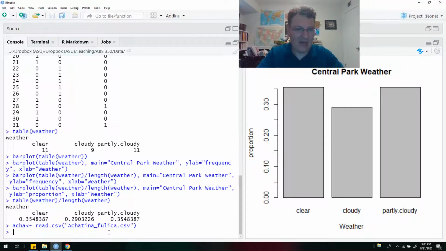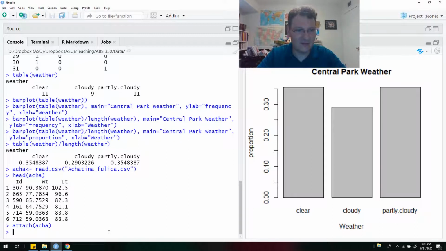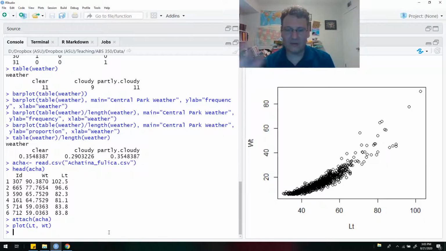I'm going to look at the head of this. You'll see I've got IDs, I have weights, and I have lengths. So if I wanted to see how weight and length relate to each other, I can plot. I'm going to attach Acha just for ease of notation. So I'm going to plot. The first variable is going to be LT, and then the second one is going to be WT. What I get now, you can see the length is the horizontal variable and the weight is